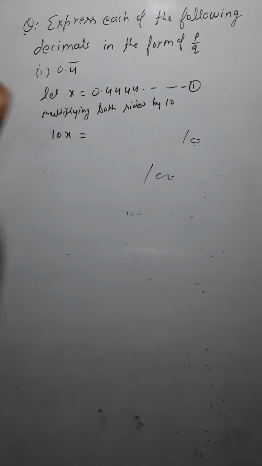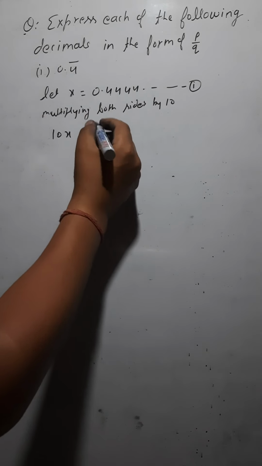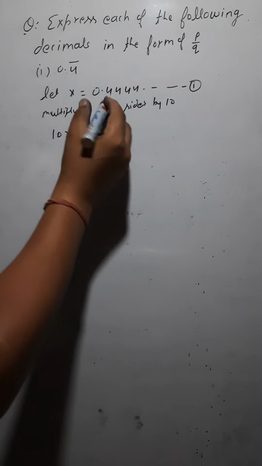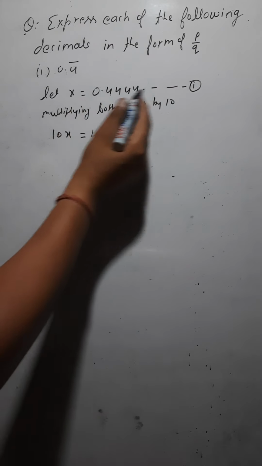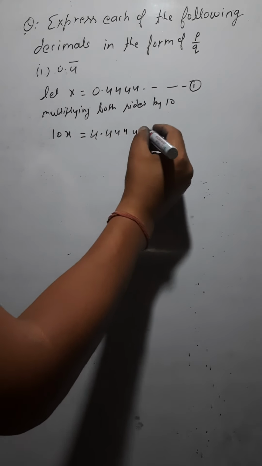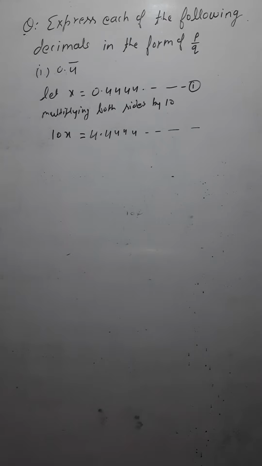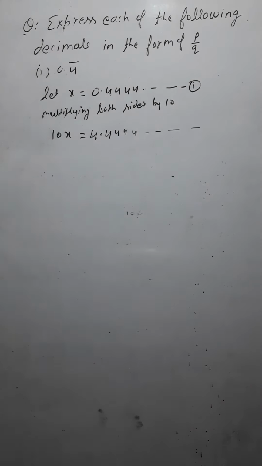Getting it or not? So here you are multiplying by 10. So there is only one digit, 10. So this decimal would shift here. So the answer would be 4 point. See, this 4 would come here. So 04 means 4 would be there. So 4 point, what is left there now? 4, 4, 4, 4 again, etc. So all these 4s would be left there again, because it is unlimited now. You can write as much as you can. These are up to infinity, isn't it?